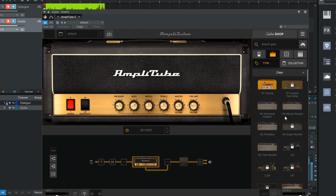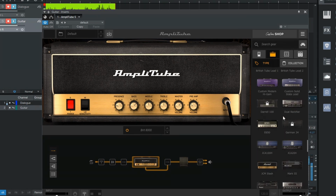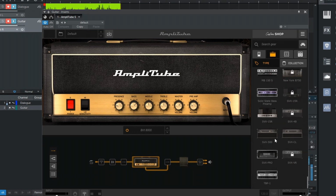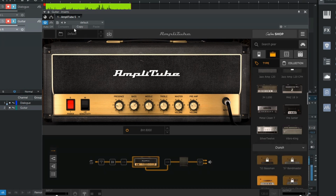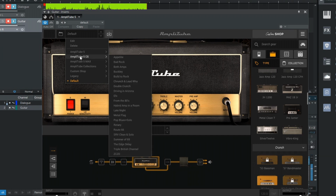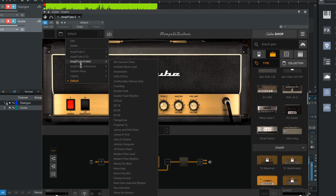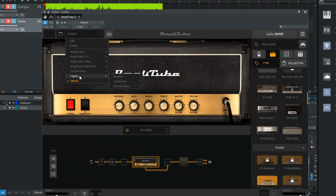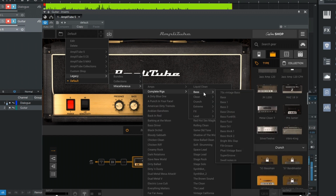Amplitube 5, all of the amps. Of course, the layout is a little bit different. You can go through and choose your amps over here on the right. You don't necessarily have to go through all of the drop down boxes over here, though you certainly can if you choose to do so. And there are, as you can see, plenty to choose from. Plenty. And the complete rigs here